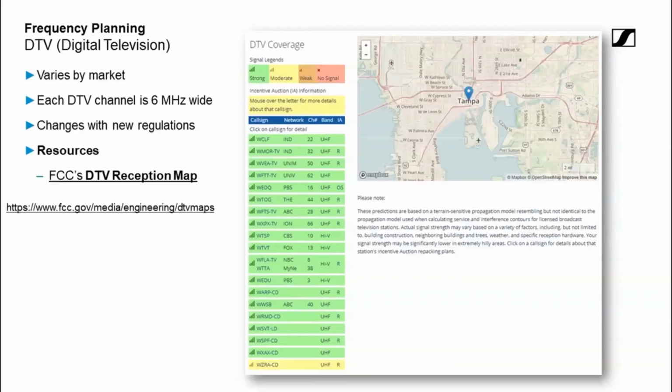And what a great resource if you go to this web page. This tells you who's broadcasting in your area, and it actually tells you what channel they used to be on in the 600 megahertz range and what channel the broadcaster moved to, and where their antenna is in location to you. Really great way to see what kind of interference might be able to reach you. And just because you see a broadcaster TV here, if you were in Tampa, you should definitely still do some scans and see if that transmission is getting into your building. Because as I mentioned before, it really matters what that building is made of and how much of the building is going to attenuate that signal coming in.